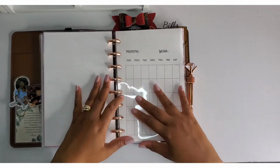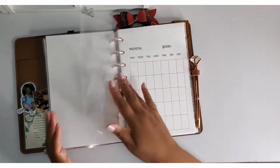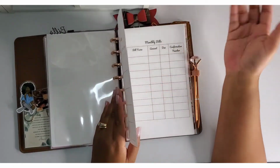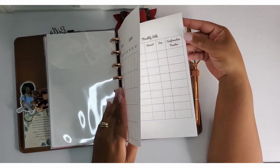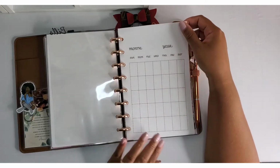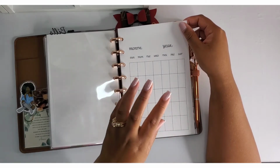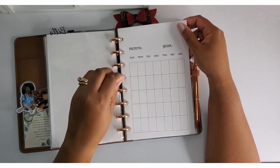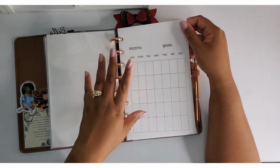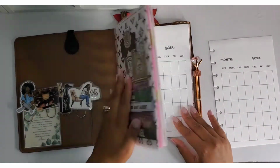This is a monthly that I made myself. I printed this out from Google Documents. You can do that with Word or anything like that. Then I just have my monthly calendar where I put all of my dates, when I'm going to get paid, and what payment will take care of the bills. So I'm just going to remove these two, and then I'm going to show you how